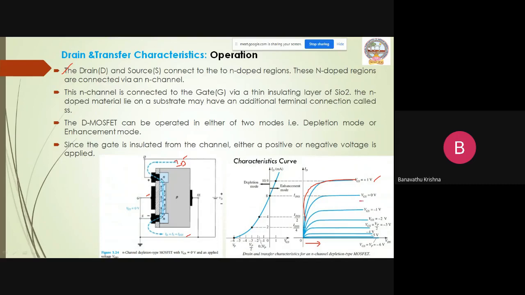Next, if VGS equals 0, there are no changes across the channel. There is also a maximum amount of charge carriers that move from source to drain region. Then we are expecting there is a current, that current is nothing but drain current. So due to this 0 voltage, the current will be going like this. And again, here we are applying a negative voltage, and here we are applying positive voltage.